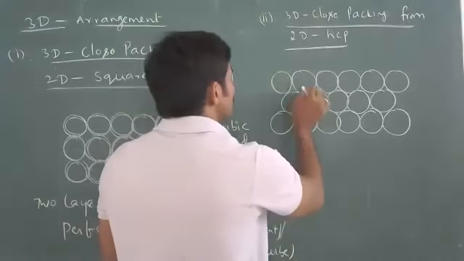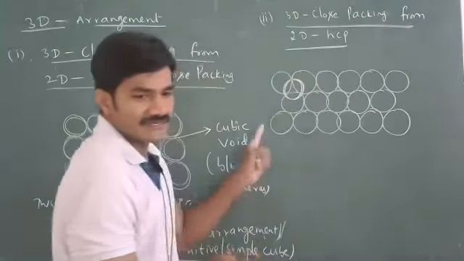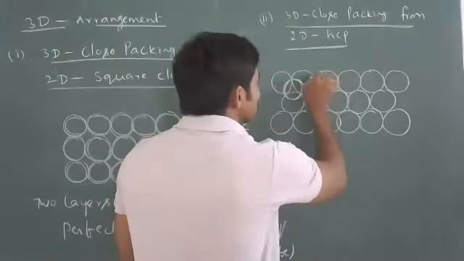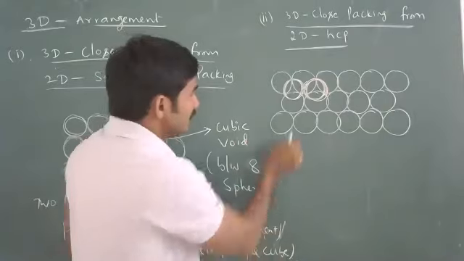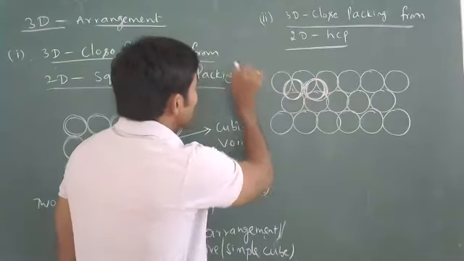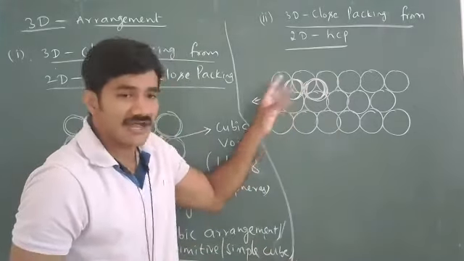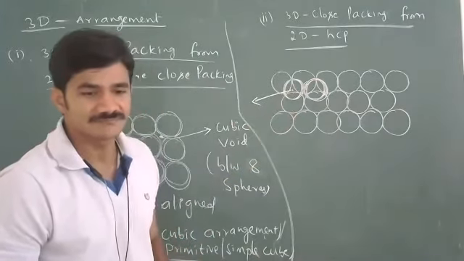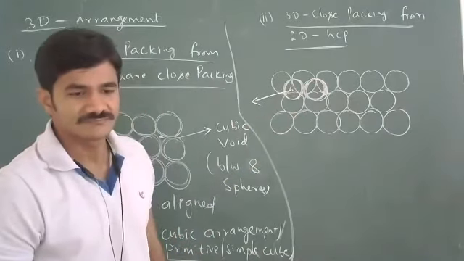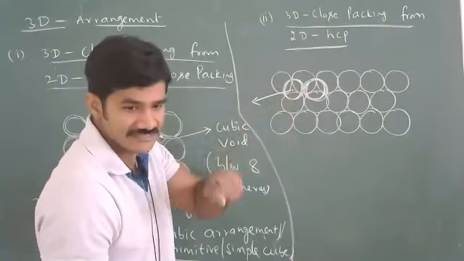So if I place like that, how will I get it? This is one type of arrangement. Between them, I'll write one layer, and another layer I'll write like this. If I write like this, we can find a gap. This gap is present between how many spheres? Can you tell me? You can see this one atom, this is the second atom, this is the third atom, this is the fourth atom. Yes, exactly, 4.